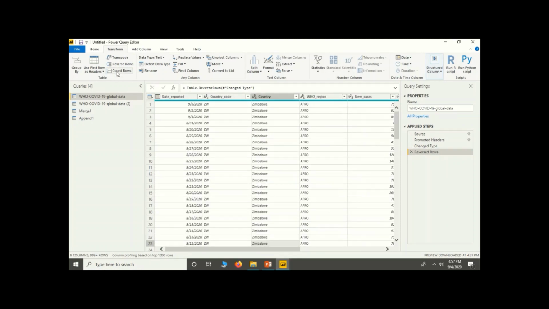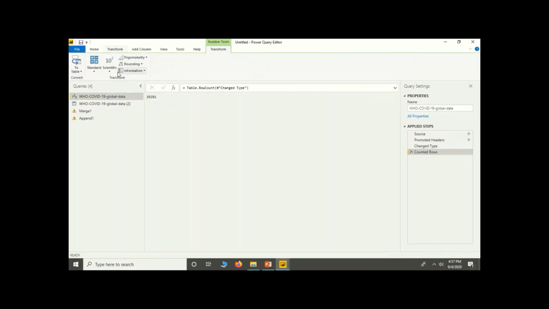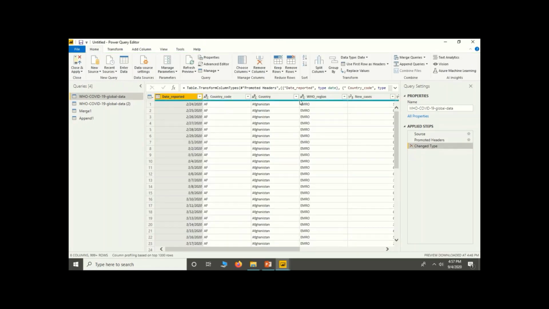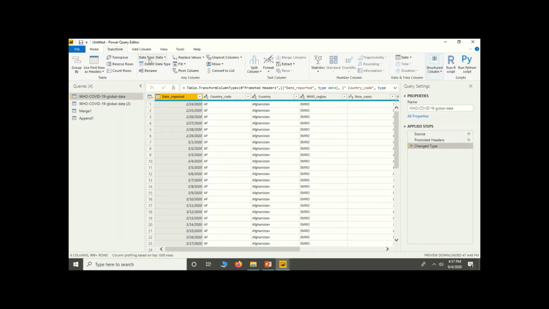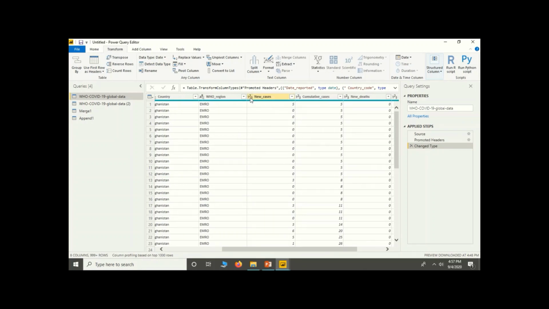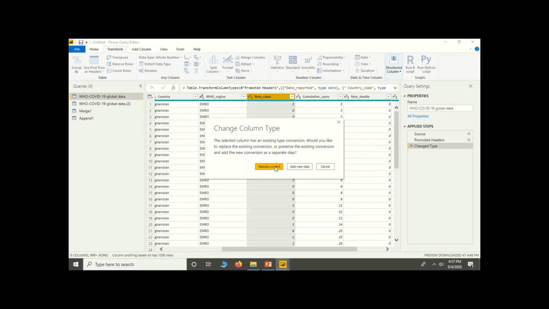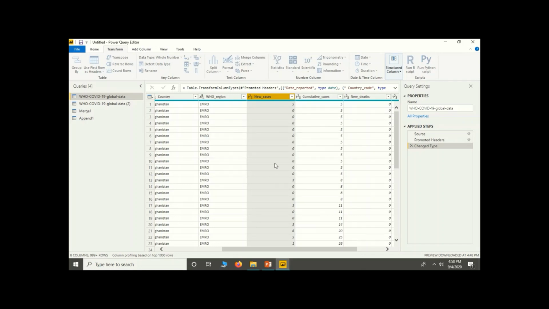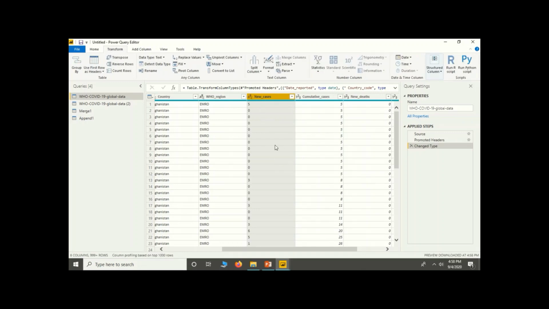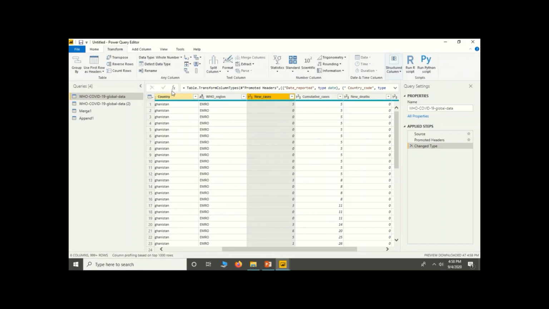That is the count option. It will count how many rows are present in a table. Here the data type is date. Suppose you don't know what data type your column is, you can use detect data type. Now I'm changing the new cases column, which is a number data type, that is int, to text. Now if I detect the data type, it will automatically show what data type the column is, and you can see it is changed into